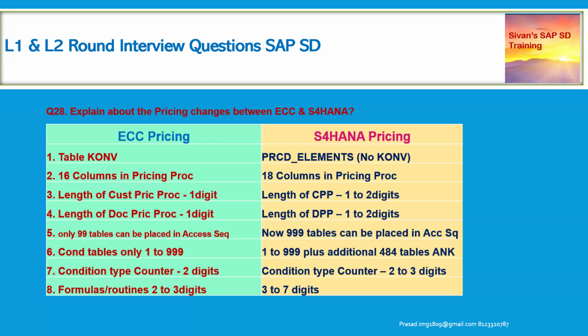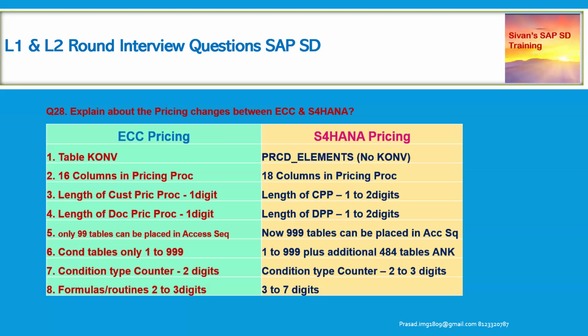So sometimes they may ask you a question like, what are the major changes that took place between ECC and S4HANA? We need to explain right from the business partner concept. So for customer, there is no XD01 transaction or contact person creation transaction; that has been replaced with the BP, business partner concept, number one. And number two, there are no VBUK and VBUP tables. Those field values have been allocated to the corresponding header and item tables of sales order, delivery, and billing. And then the pricing changes, followed by the material